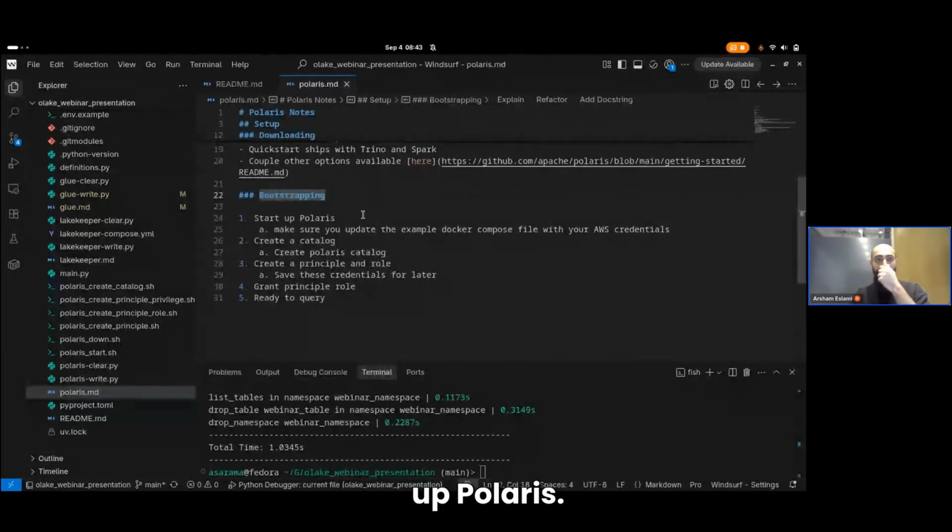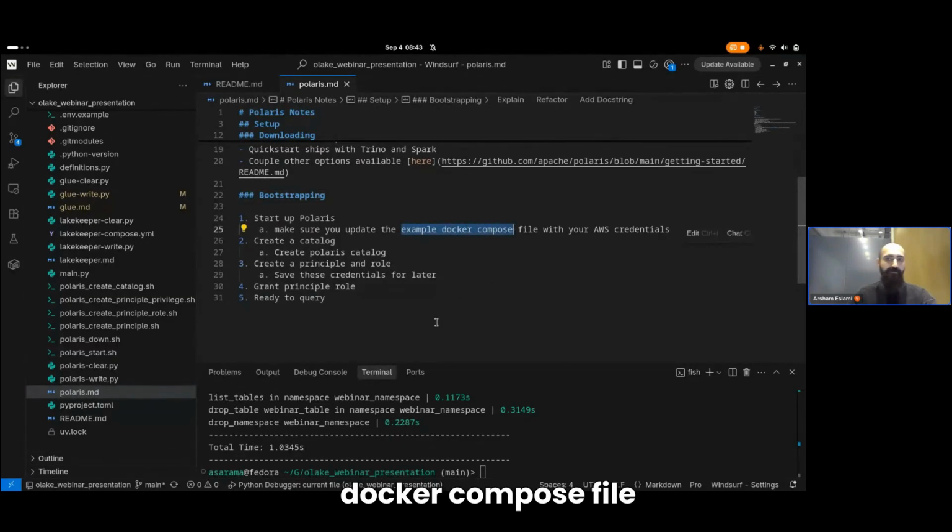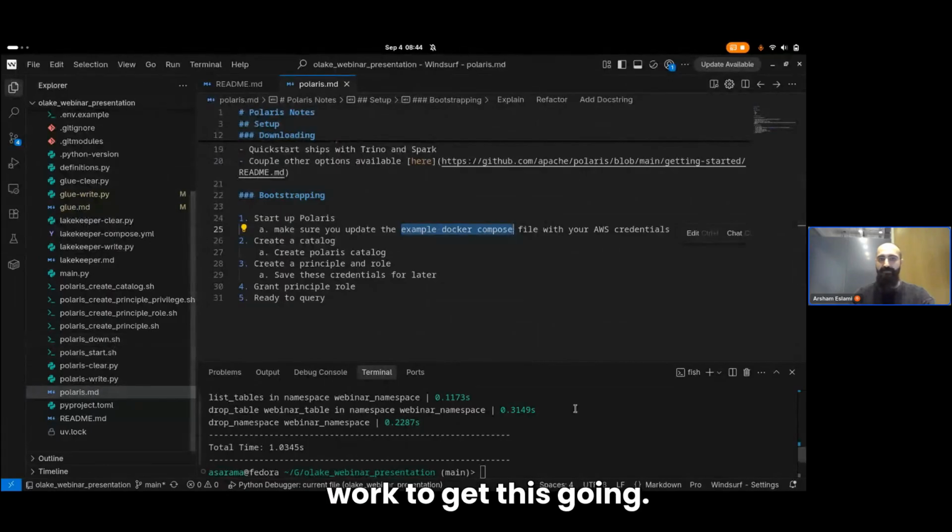So first, we got to start up Polaris. And if you want to use it with S3, the example Docker Compose file is missing some things. You do need to make some changes there. I will make a note in the repo when I pull it up, but you definitely need to do a little bit of dev work to get this going.